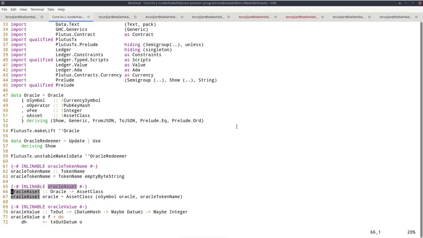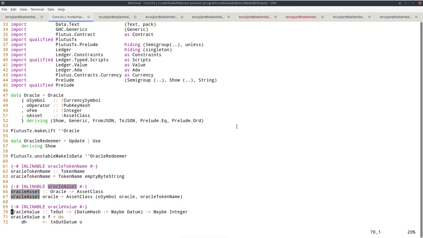So remember, the oAsset is the US dollar token in our case, whereas the oracleAsset will be the asset of the NFT that is used to uniquely identify the UTXO with the Oracle value. So it's just a simple matter of extracting the symbol from the Oracle and then using this fixed token name, which is just the empty string.